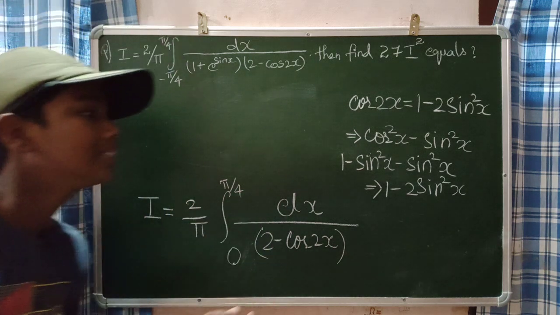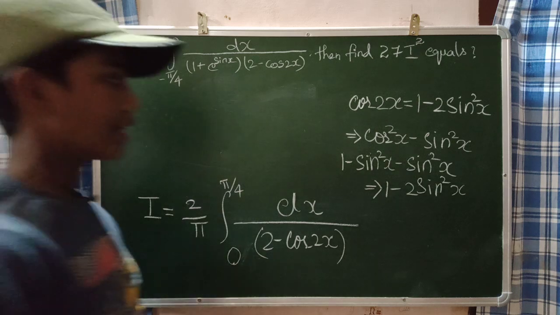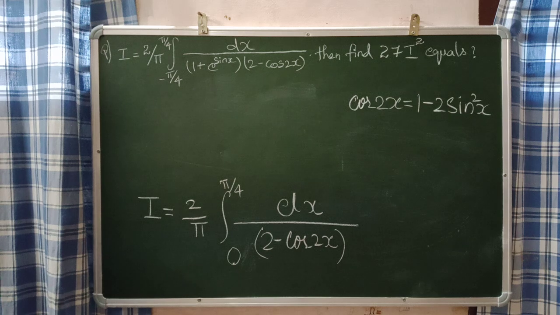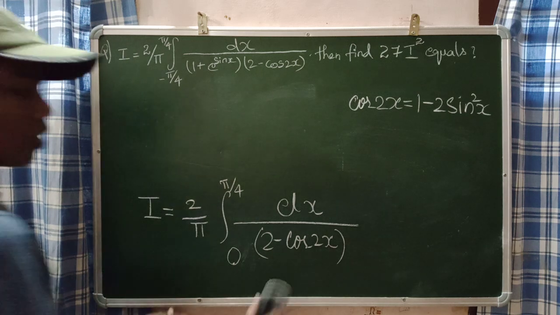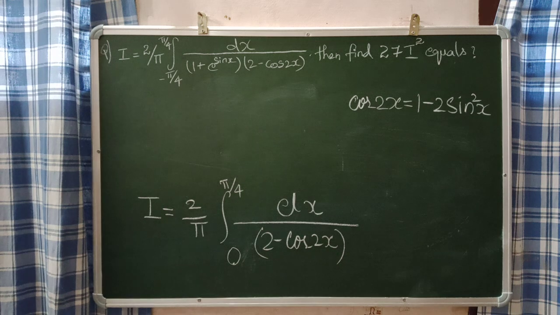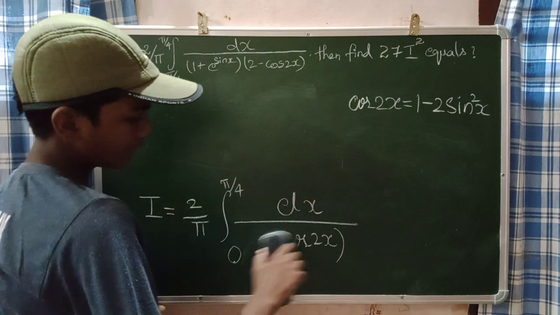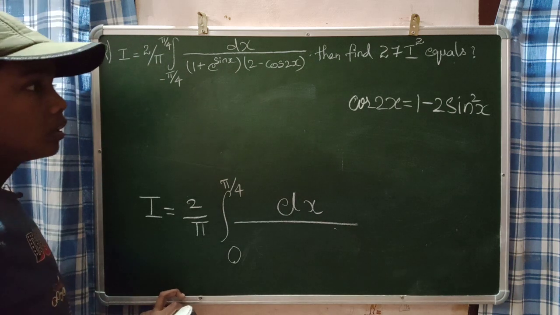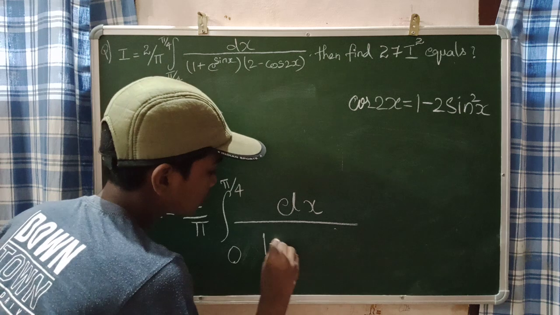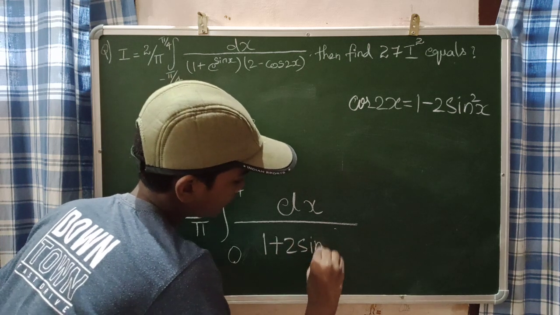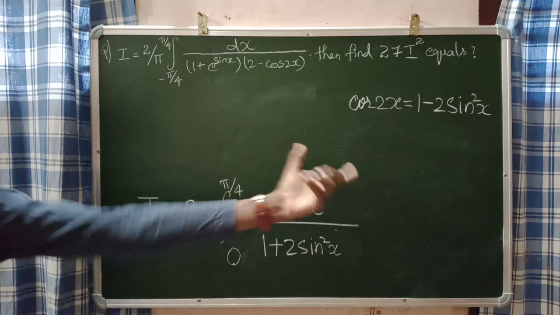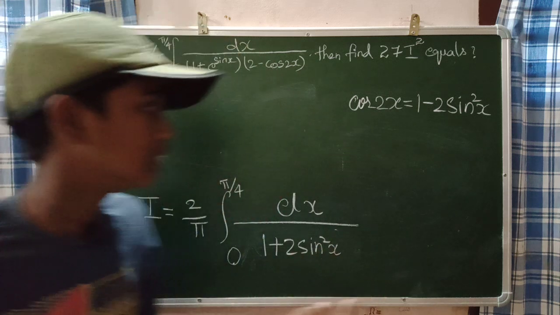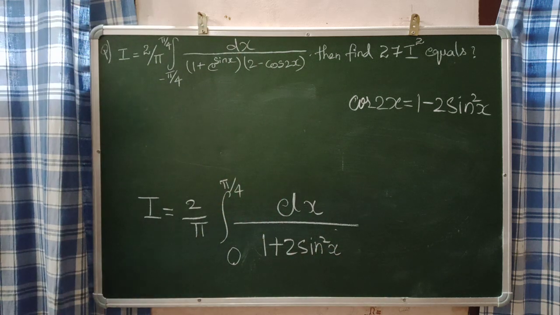So guys, this is what I am saying. This cos of 2x will be 1 minus 2 sin square x. Now, listen carefully. When I write this cos of 2x as 1 minus 2 sin square x, I think you will get 2 minus 1 plus 2 sin square x, right? When you put cos 2x as 1 minus 2 sin square x and add 2 to the expression, you will get 1 plus 2 sin square x. Correct, guys? This is the basic thing which I am doing. Just do the mental calculation. That is all. Now listen carefully.